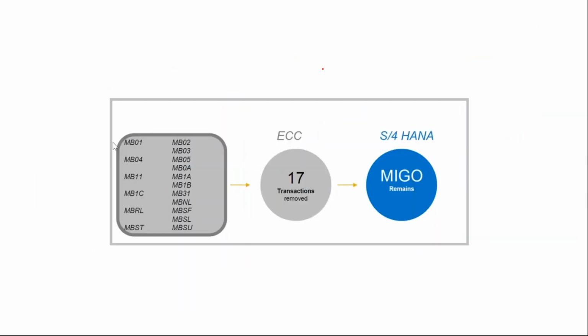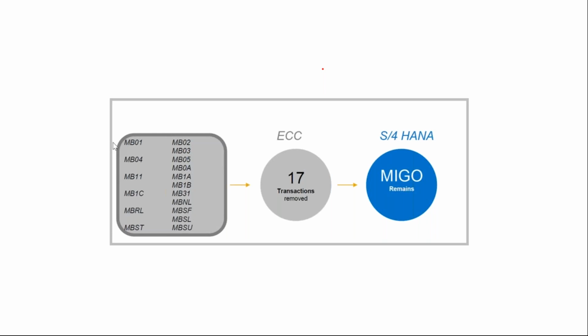And when I talk about the T codes, all these T codes which any functional consultant would have been used to, MB01, MB1A, MB1B, which is for transfer posting, MB1C for other issues, MB1A for all your goods receipt, all these things have been eliminated. MBST, which is basically cancelling of a material document, has also been eliminated as a T code in the system. All these T codes have been replaced with one single T code called MIGO, which is able to handle all these transactions.